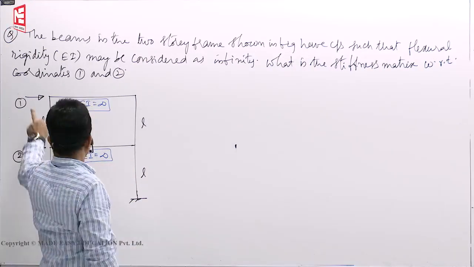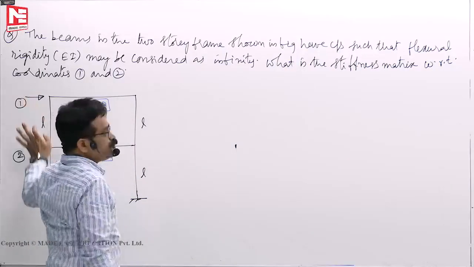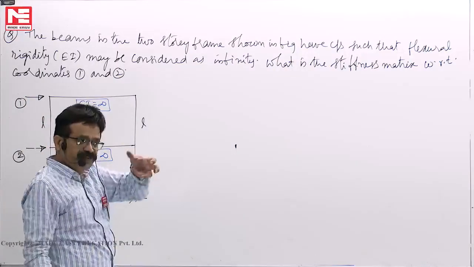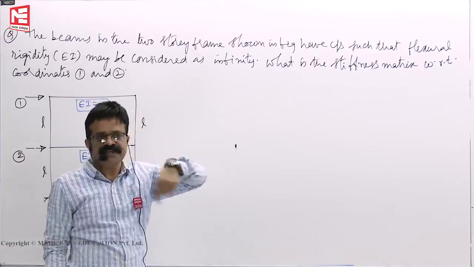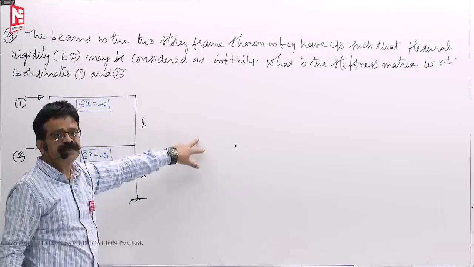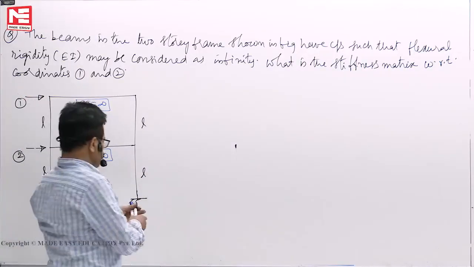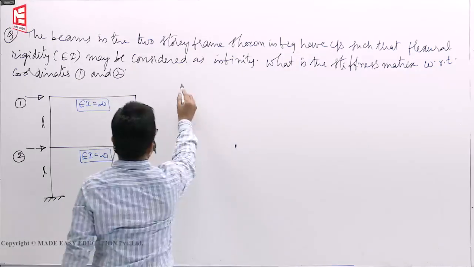Sway can happen here and here only. And that sway is linear displacement. Accordingly, linear coordinates they have given. If rotation is an independent displacement, they will give you a curved coordinate. So you have to get a 2 by 2 matrix with respect to this coordinate system. Okay. So if you want to get, say, the first column,